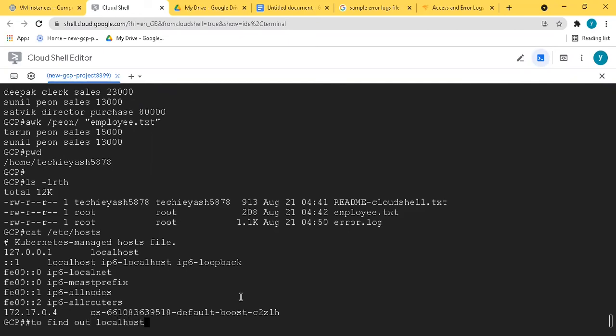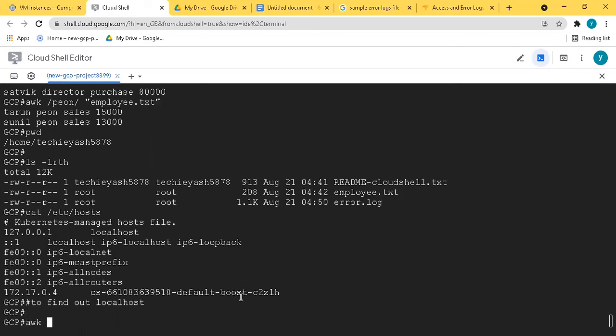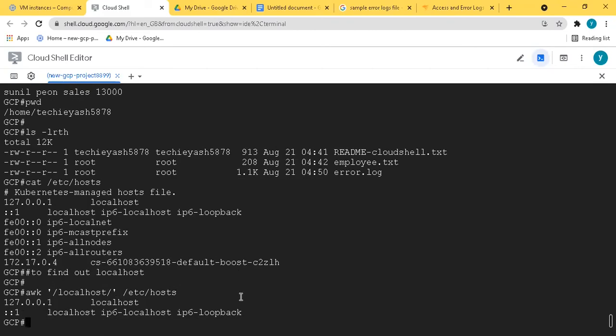Instead of manager, we will simply mention awk, and then after that we say localhost here, and then after that we say print. Not mandatory to mention print here, and then the same /etc/hosts. So you will get the localhost, although localhost is mentioned here as well, so it will show the two results.